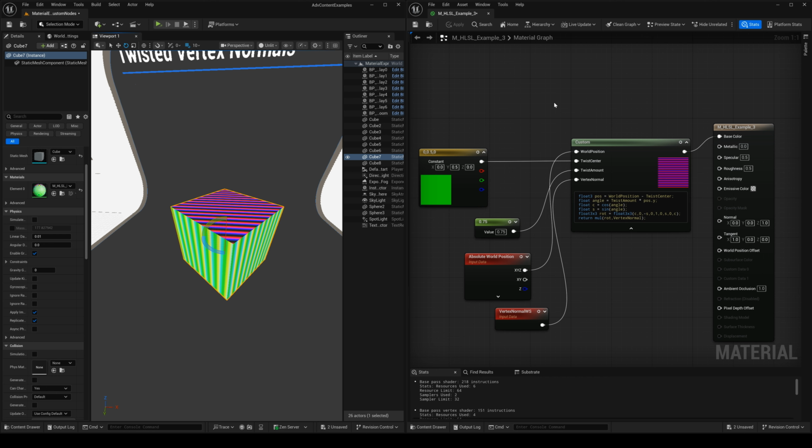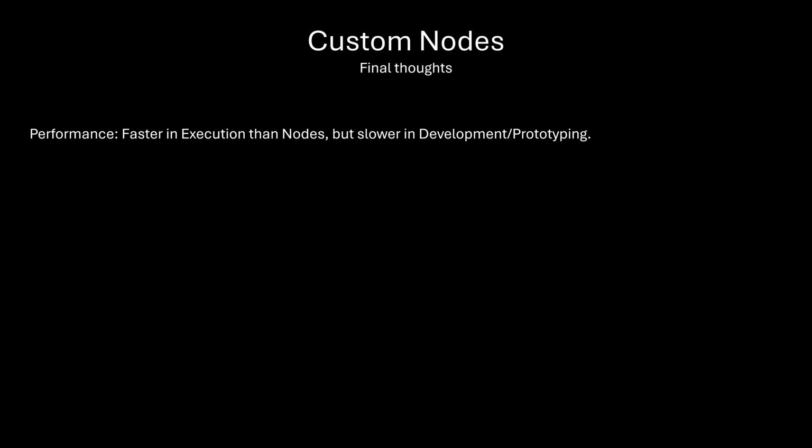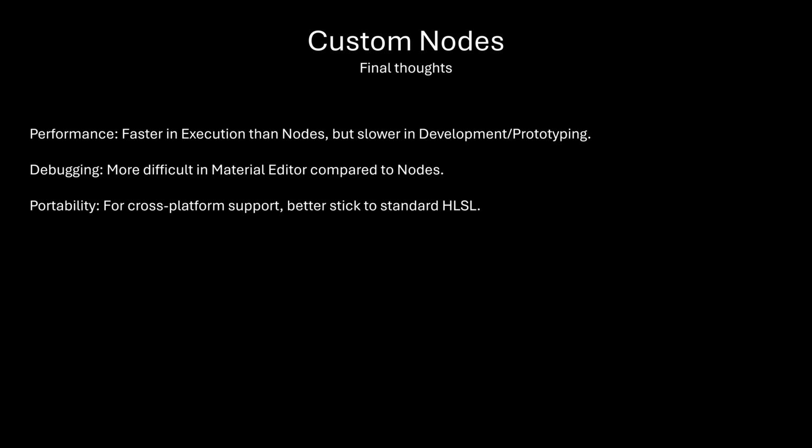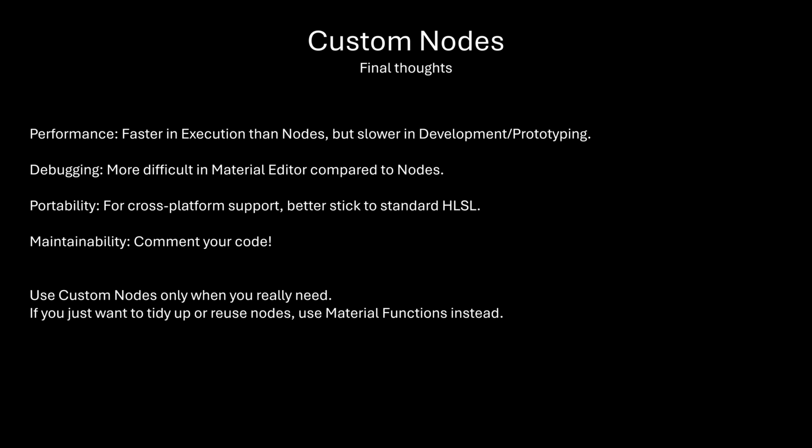Things to keep in mind though. Using custom nodes is powerful, but there are trade-offs. Performance. Done well, they're faster than nodes. Done poorly, they're worse. Debugging. No visual node path means you will have to output intermediate values, like to emissive color, to debug. Portability. Stick to standard HLSL if you want cross-platform support. Maintainability. Comment your code. You will forget what it does in a week, and so will your teammates. Also, material functions are often better when your logic doesn't require HLSL, so reach for custom nodes when you really